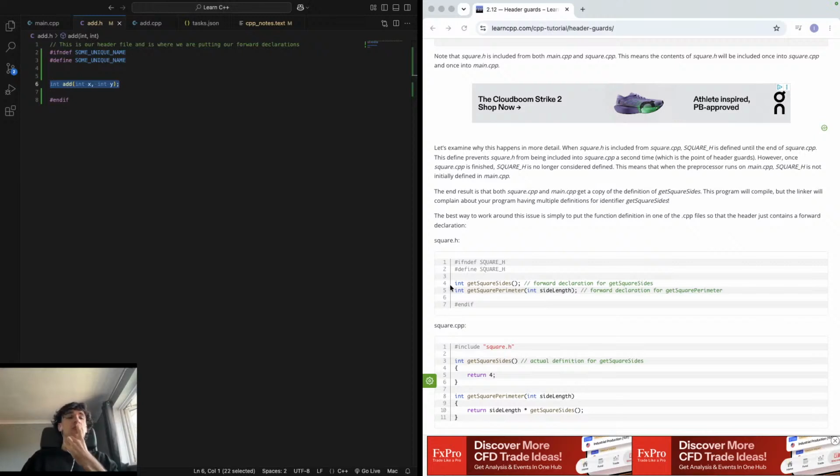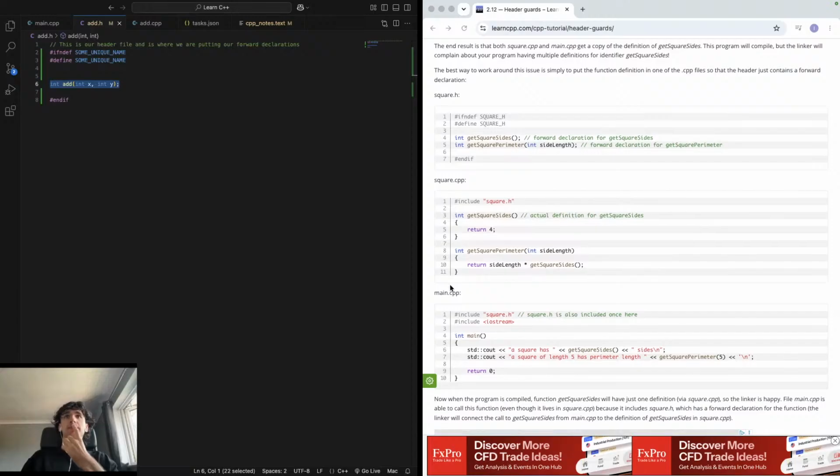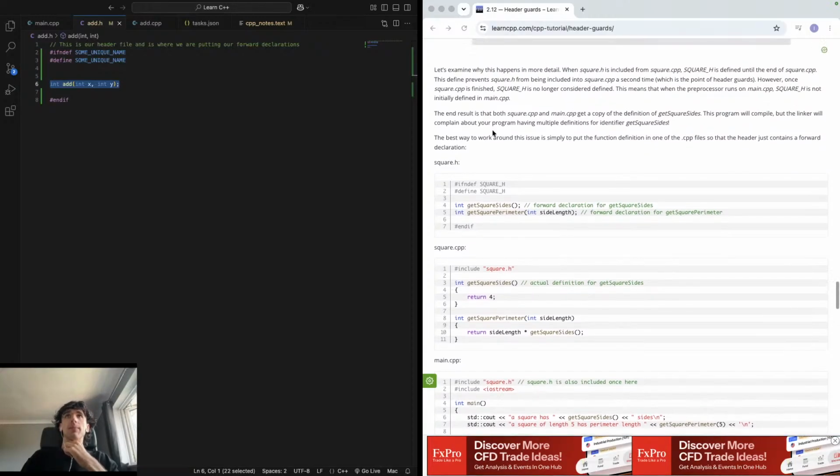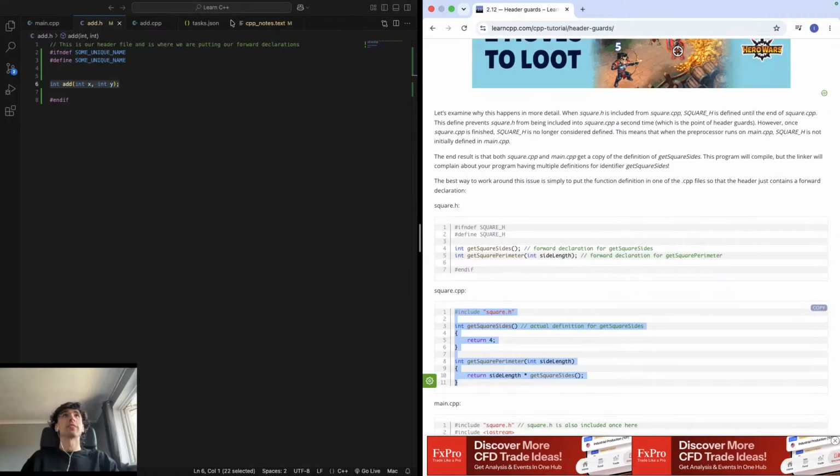The header should only include forward declarations, and that means the best way to work around this issue is to simply put the function definition, i.e. these, into one CPP file, so that the header contains just, okay,